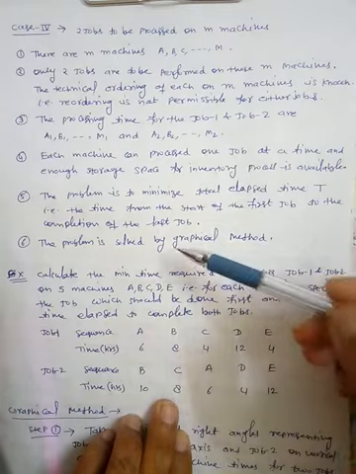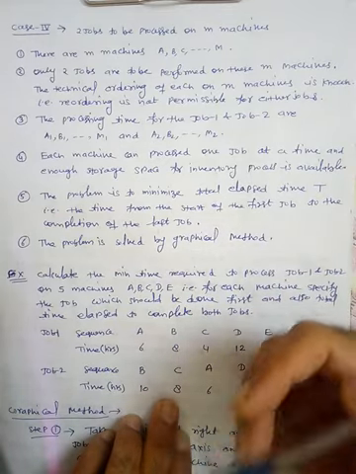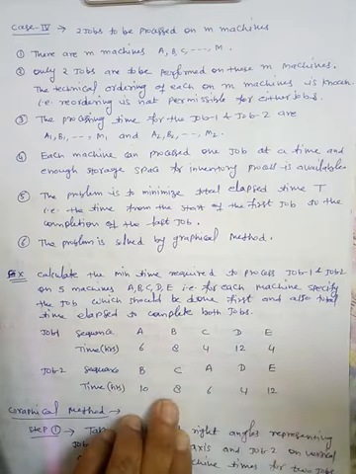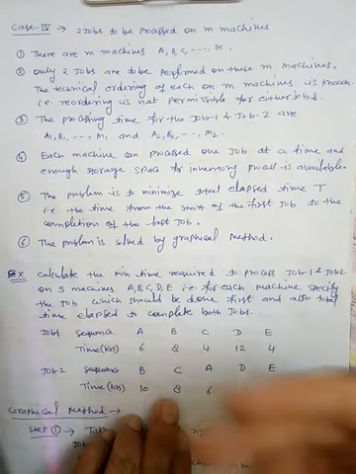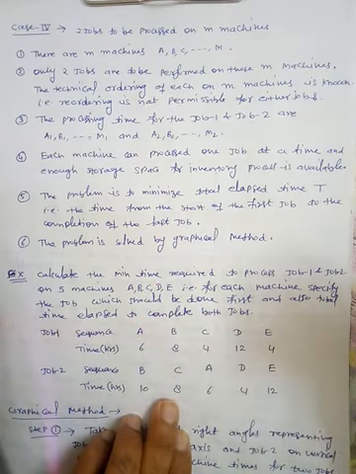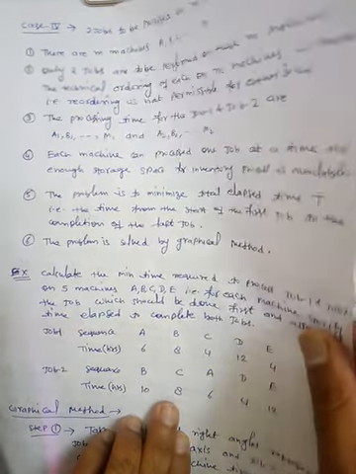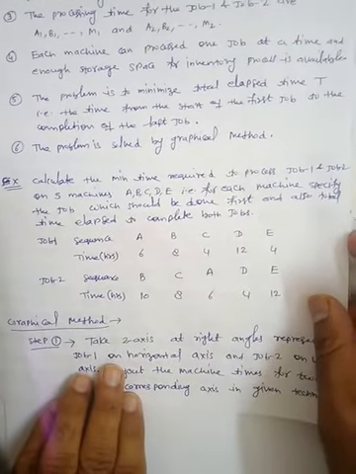What is the difference between this case and the previous cases? In previous cases, we generally had two machines or three machines and a number of jobs. However, here we have only two jobs, but machines are more than two, more than three: A, B, C, D, M. So this is the difference. Now we will discuss this graphical method through an example.